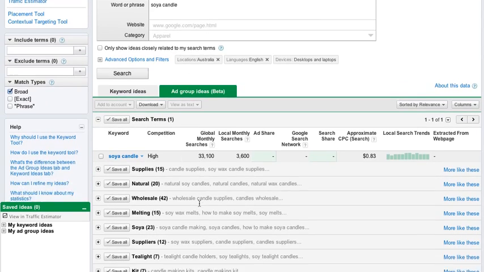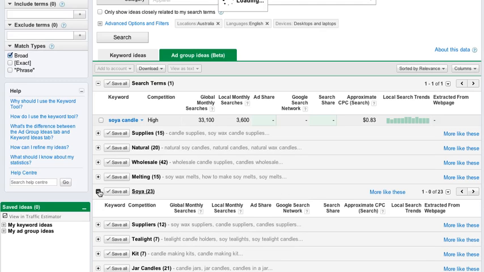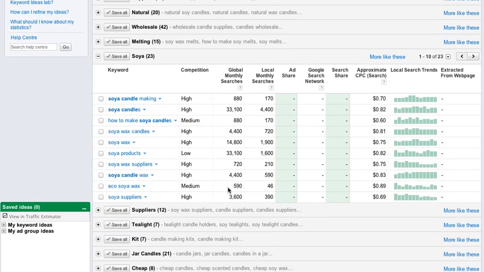So that's quite healthy, and just shows you how useful the tool can be, particularly if you look for these little spelling errors, and making things plural or singular can make a big difference. Now the other thing that you might like to look at, in this case we've got soya, so we'll explode that out again. And we've got a whole bunch of new terms: soya candle making, soya candles, how to make soya candles. Any one of these could become the name of your website. For example, you could have